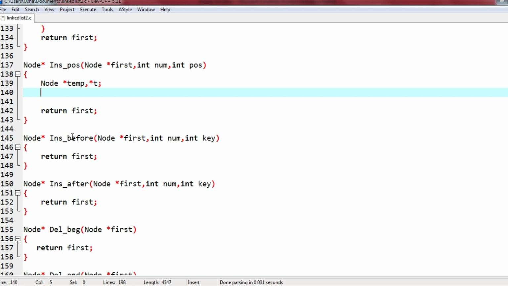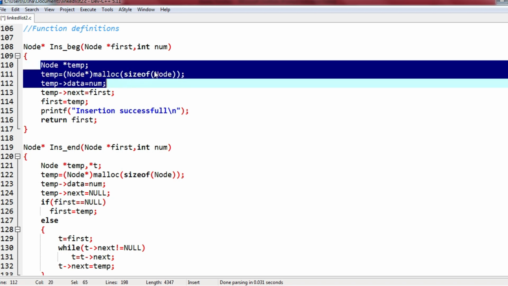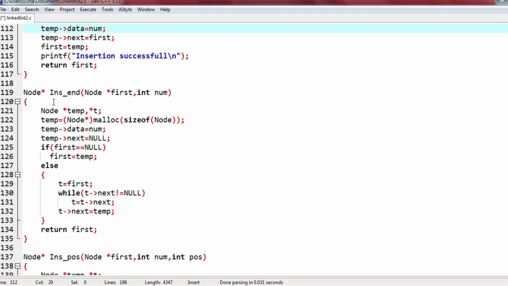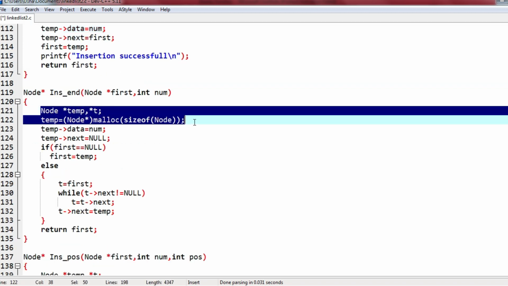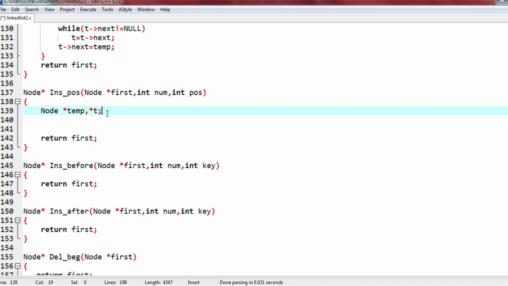So if the position is invalid, then the insertion must fail, which is not a case in inserting at the beginning and end. In inserting at the beginning and end, the insertion will definitely happen. So that's why I created a node and immediately allotted memory and copied the value also. Same thing here also. Here I am only creating a pointer. I will not create the memory required for inserting a node unless I know that insertion is possible. If insertion is not possible, I will not allocate memory.